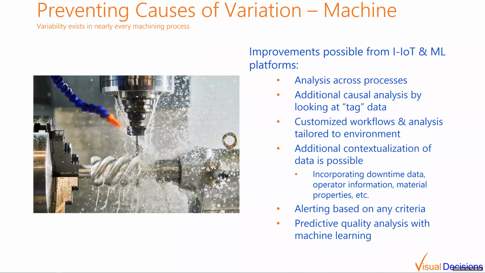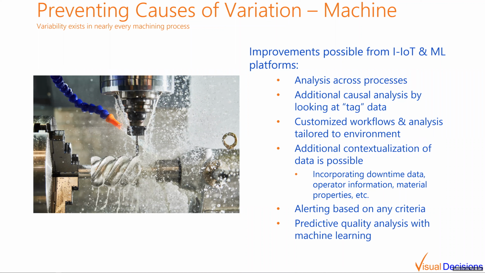So the machine itself is another major source of variation, and variability exists in nearly every single machining process or every single operation. And there are improvements that are possible to this from IoT and machine learning platforms. So how can you